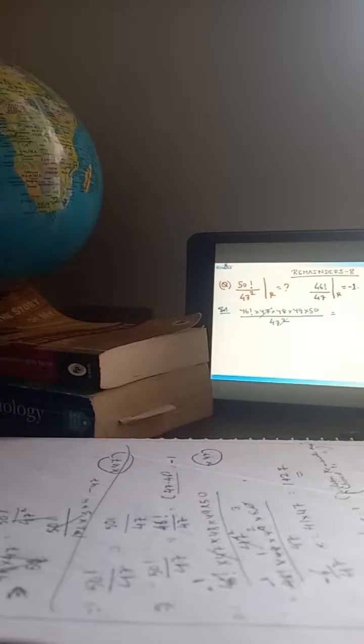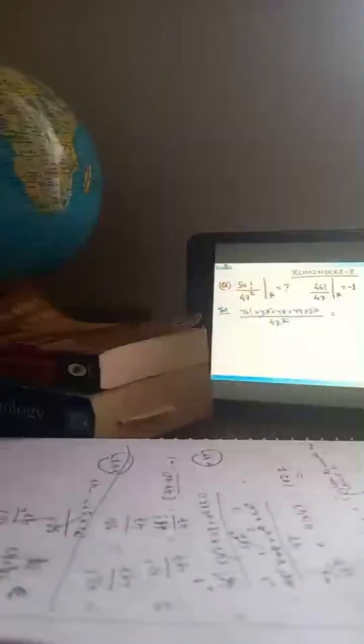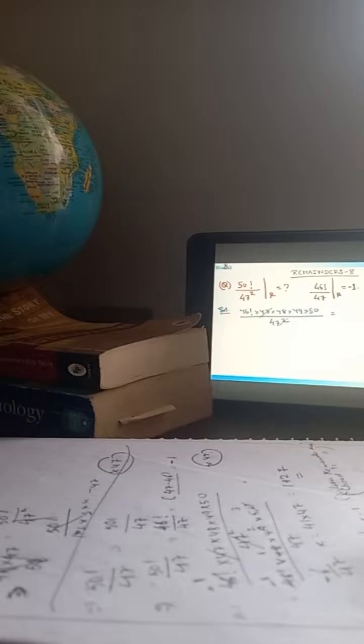In the last, always multiply the answer with 47. You always remember. So now the question becomes 46 factorial into 48 into 49 into 50